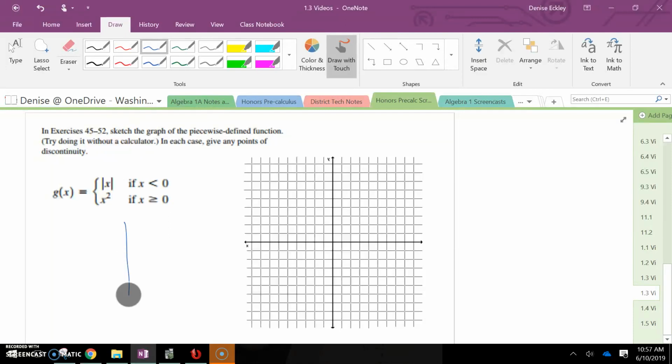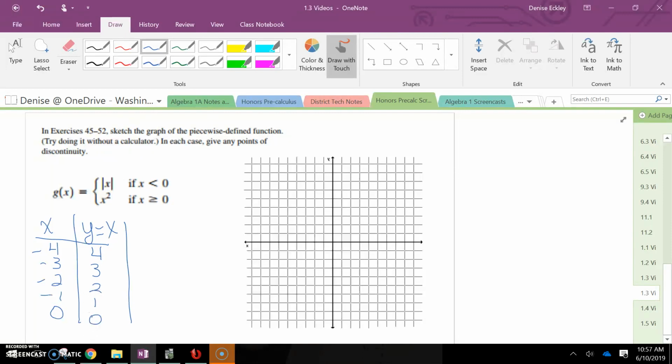So I'm going to start by making a table of values for the first part of the function, which is y equals the absolute value of x, in the area that the domain is defined. So that's any negative number, like -4, -3, -2, -1, ending at 0. Even though 0 is not included in the domain, I do want to know what the value of that function is at that point. So substituting those in the absolute value function, I get 4, then 3, 2, 1, and